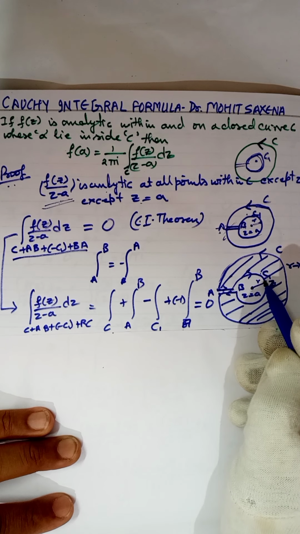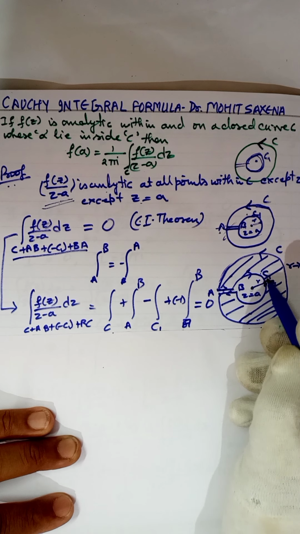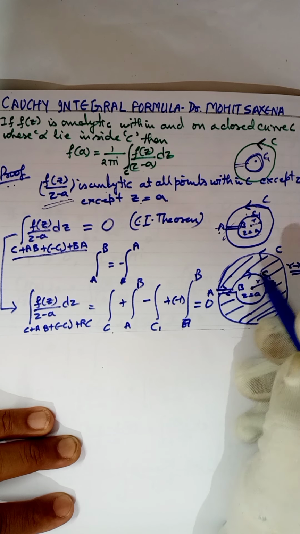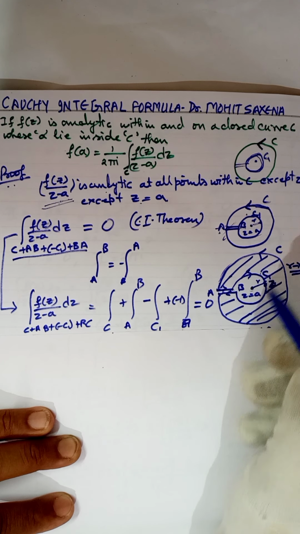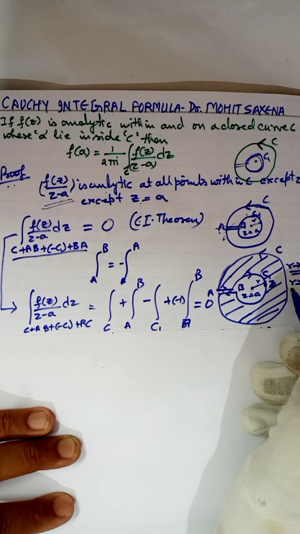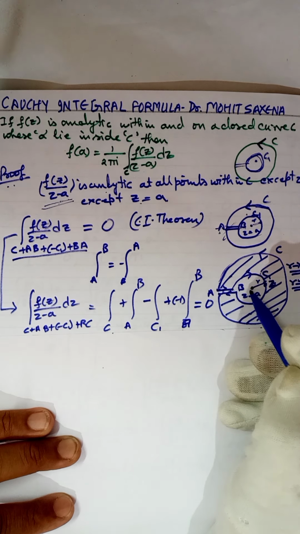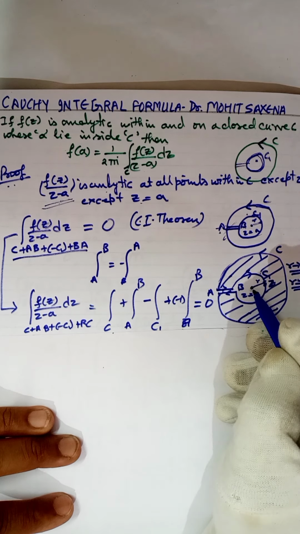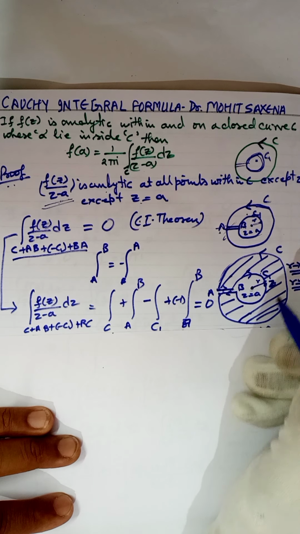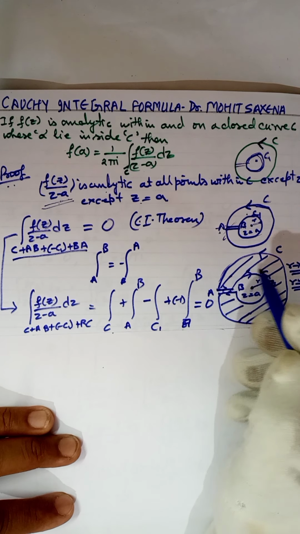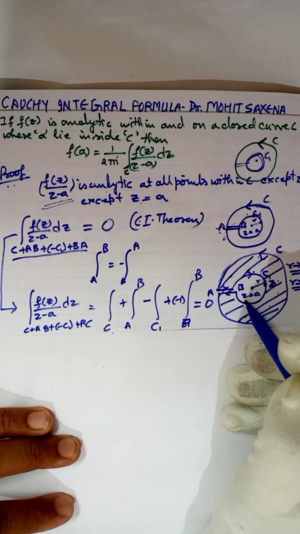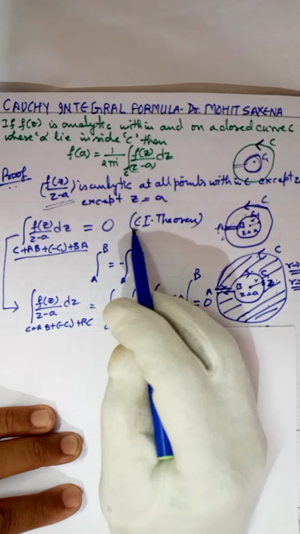If we decrease the radius of the smaller circle C1 and r approaches 0, in the limiting case this shaded portion increases in size, and when the radius of the smaller circle is equal to 0, we just omit this particular point. Now this whole shaded portion is a simply connected region. Simply connected region means this whole region can be converted to a point, and as this region doesn't contain the point z equals a, we can apply Cauchy integral theorem.